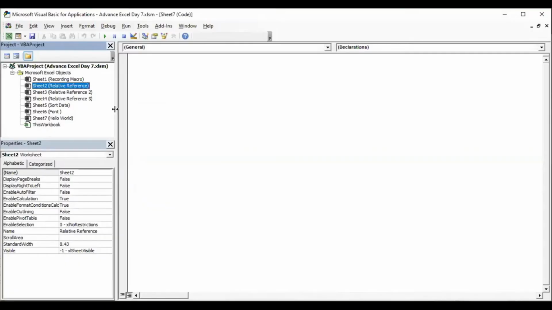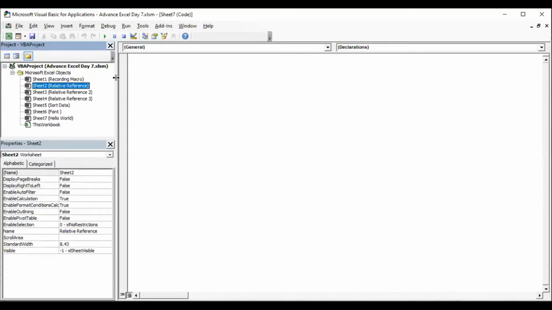There are certain basics which you need to remember in any programming or coding interface. Whether you talk about Excel VBA, Visual Basic for Applications, JavaScript or any other language, every programming language has its own integrated development environment.